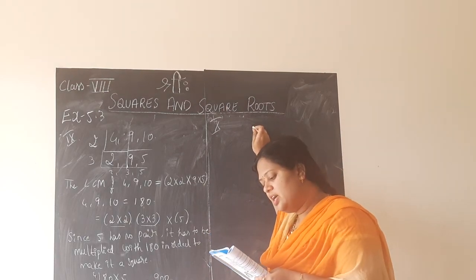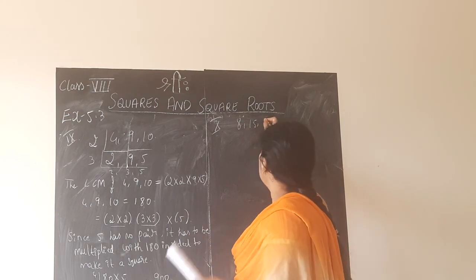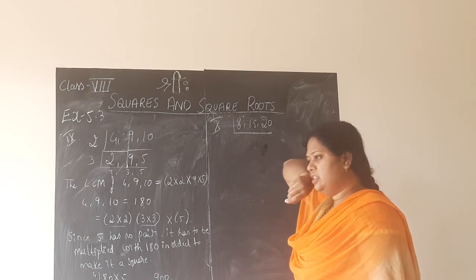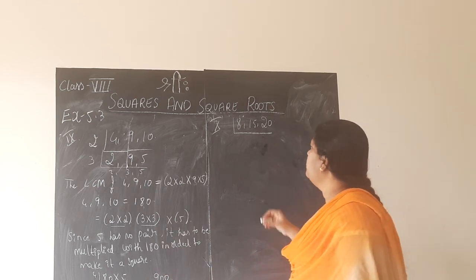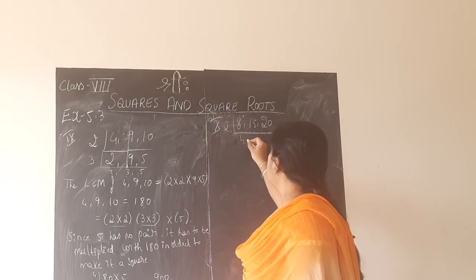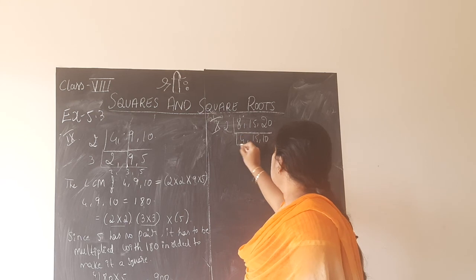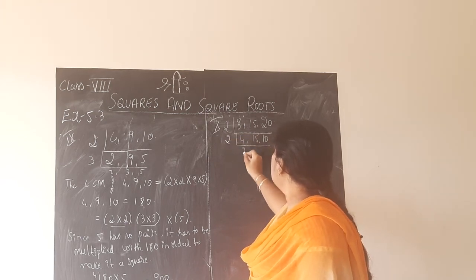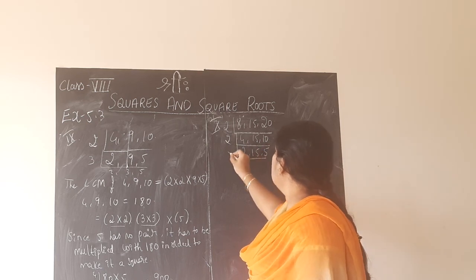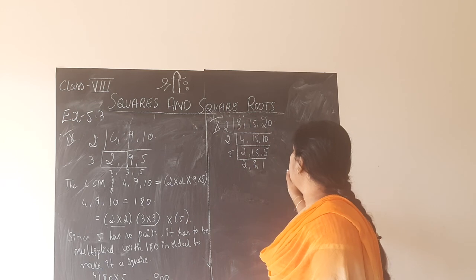10th question, same children. Divisible they are asking. 8, 15 and 20 they have given. So again I will go with prime factorization method and find the LCM. What shall we do? Start from 2. 2 4s are 8, 15 I will write as it is, not divisible. 2 10s are 20. Again I will do 2. 2 2s are, 15 will not go, write as it is. 2 5s are 10. Next I start 5. 2 as it is, 5 3s are 15, 5 1s are 5.